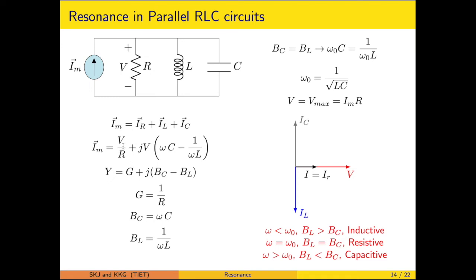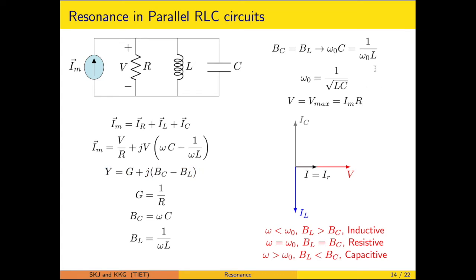Now 1 upon R is referred to as the conductance. Similarly, this particular term is coming out to be the capacitive susceptance. This is the inductive susceptance likewise. So the term is yielding to this particular nature. Now you can easily make a comparison that in case of series RLC, we obtained Z is equal to R plus J (XL minus XC). So the simplified expression can be analyzed likewise.